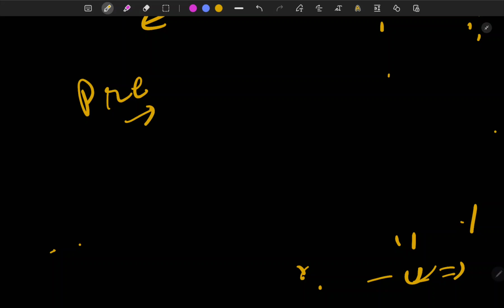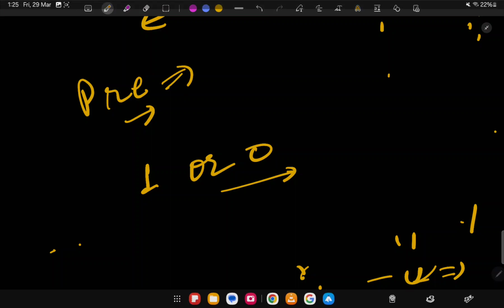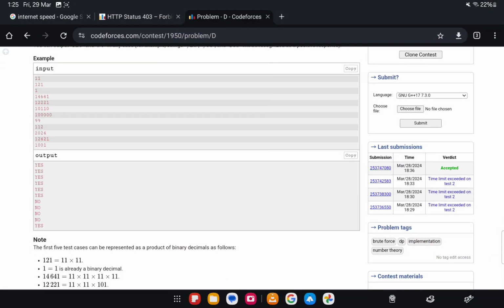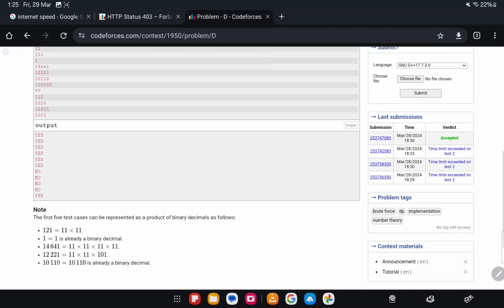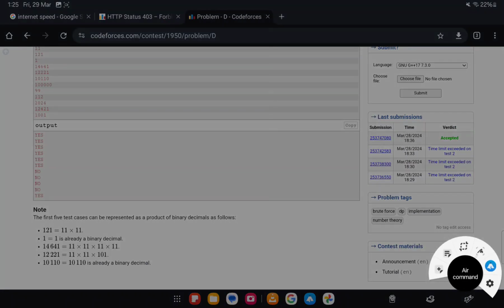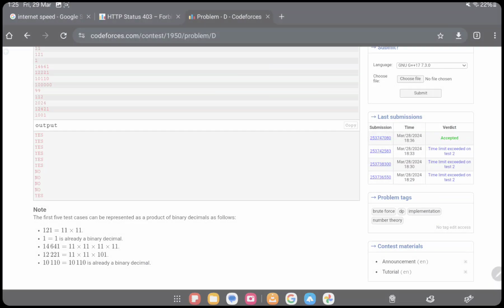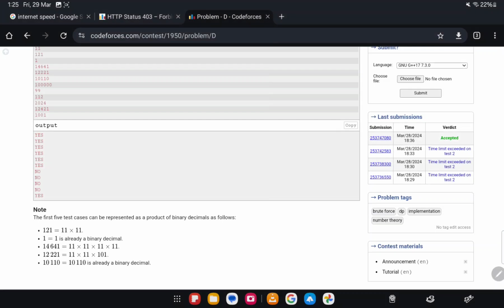Like you have to compute all those divisors which consist basically of digit 1 or 0, and you have to take them into a vector or some other data structure, and then do the operations. So this was the catch, and basically I was getting TLE because of that, because I was doing everything in place. So you don't have to do it that way. If you will see my code,